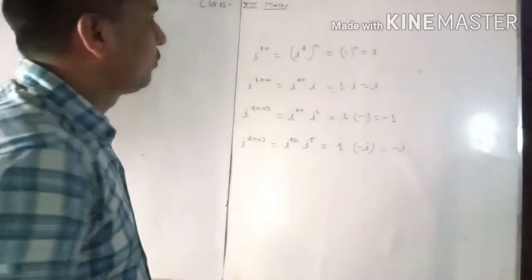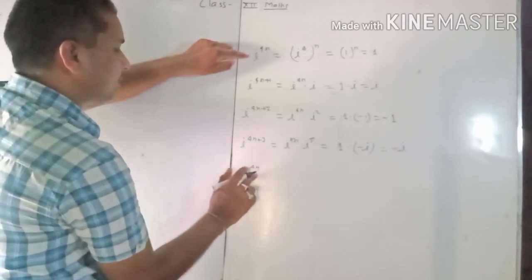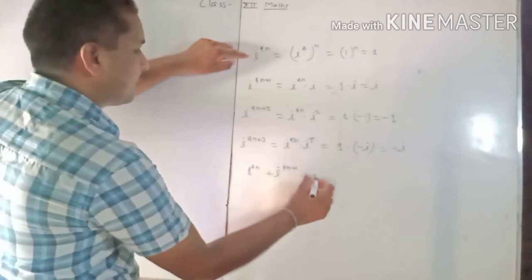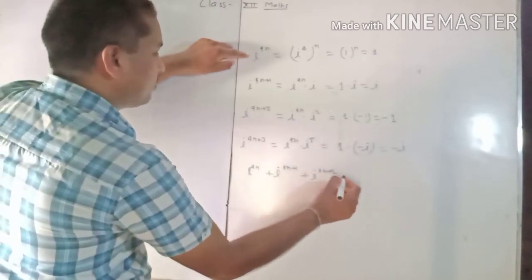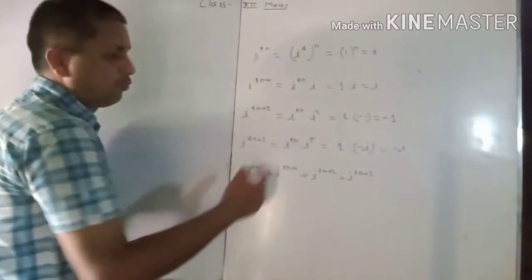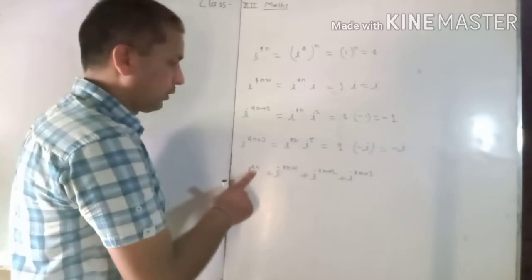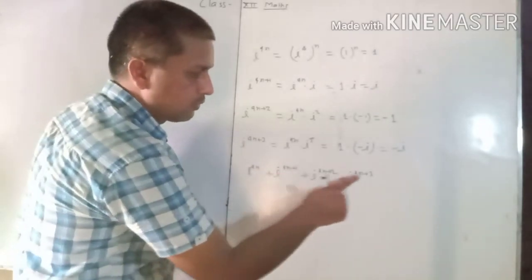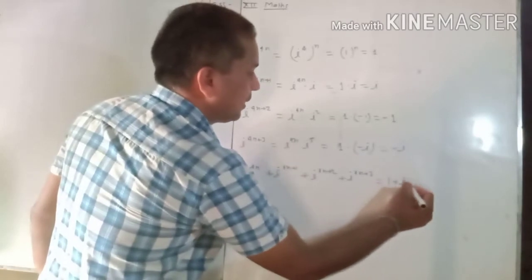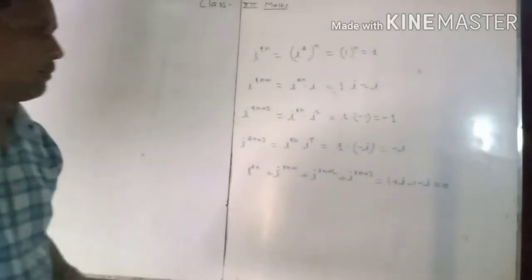Here also you can see that I to the power 4n plus I to the power 4n plus 1 plus I to the power 4n plus 2 plus I to the power 4n plus 3 means 4 consecutive powers of I. For 4n, 4n plus 1, 4n plus 2 and 4n plus 3, we get 1 plus I minus 1 minus I equal to 0. So this is the main property of